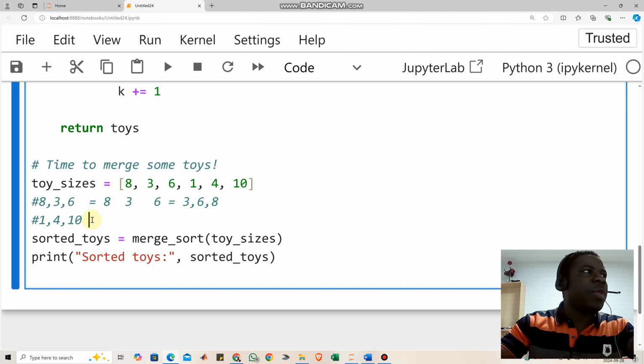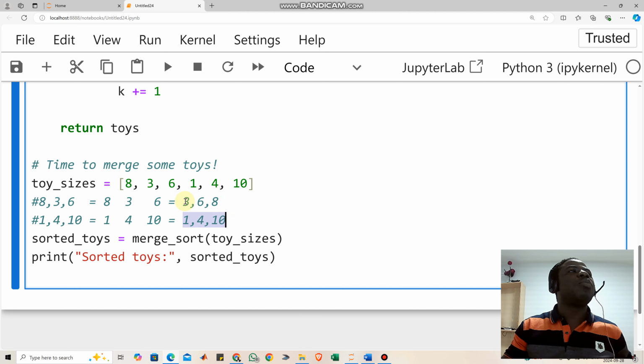Then it's going to do the same thing for this, which is going to be split into 1, 4, and 10. Let me introduce more space. By the time it does the sorting, you're going to see that 1 will come first, then 4, then finally 10. Now that we have sorted this and we have sorted this,